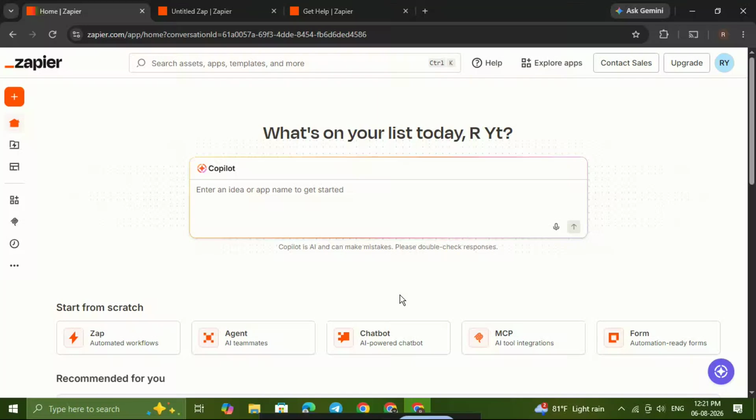If you've been wondering how to end a path in Zapier, you're in the right place. In this video, I'll walk you through the simple way to finish a Zap path when you don't want it to take any further action. This is really useful when you want a branch in your automation to stop cleanly without adding unnecessary steps or